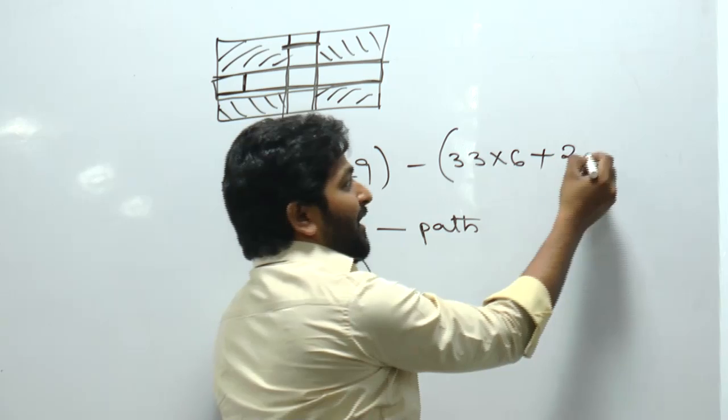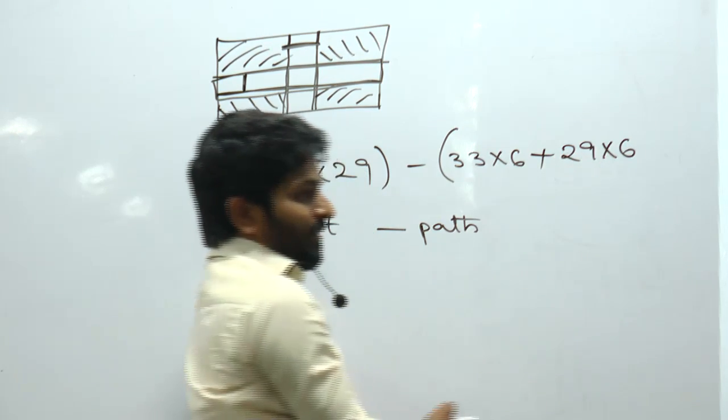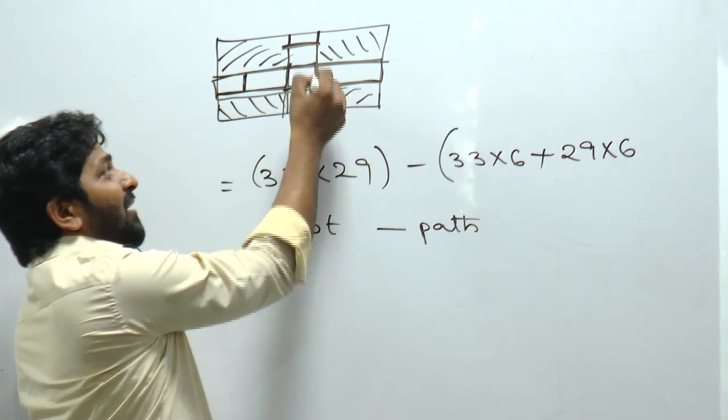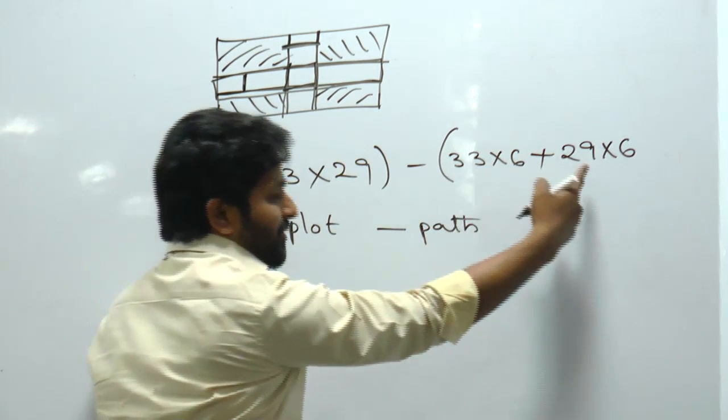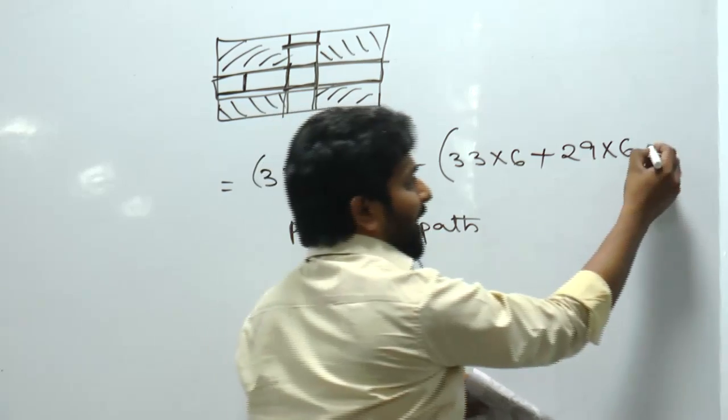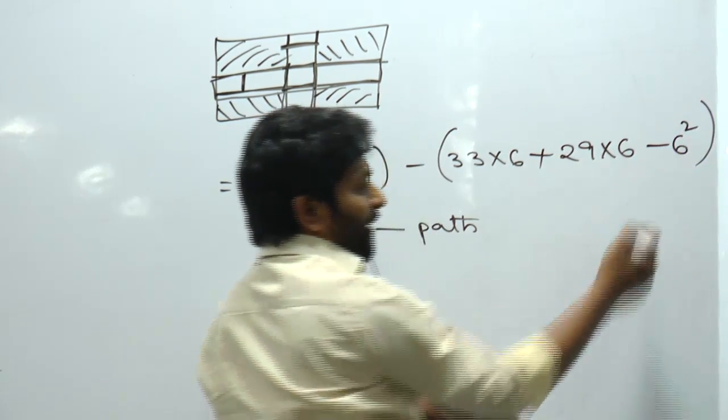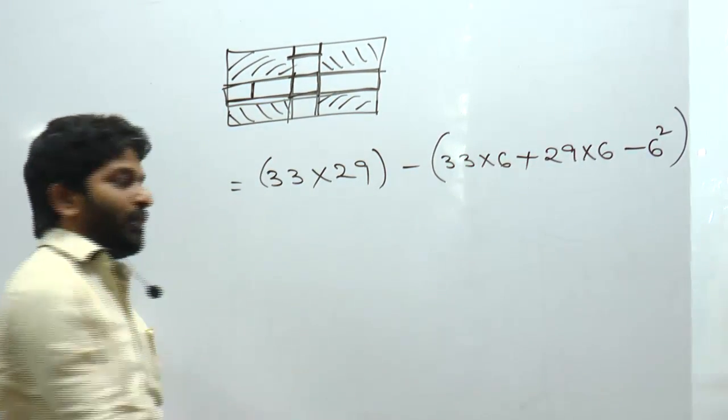That area becomes 29 into 6. But this cross section area was included in the first area and also in the second area. So you need to subtract it. That will be 6 square. And this is what gives you